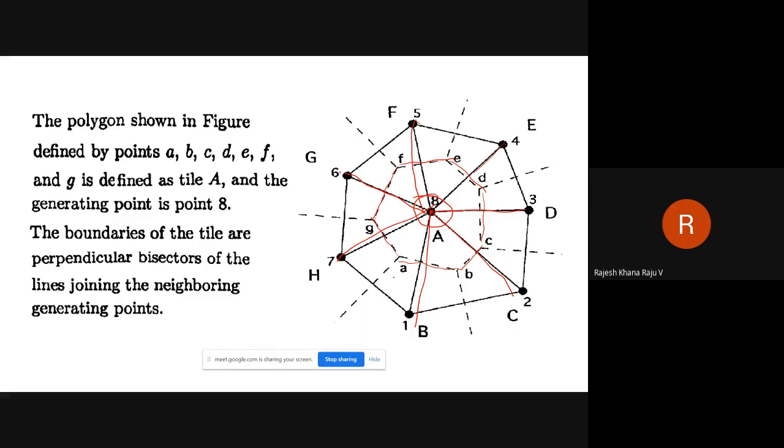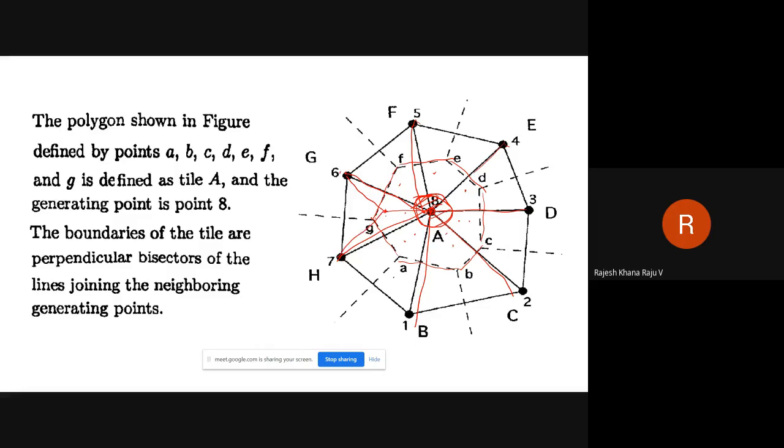And the concept of this creation of a tile is such that, since you are using perpendicular bisectors, if you take any point within this tile, you will find that it is closer to this generating point rather than to any outside generating point. You cannot have a point that falls under this tile, for which 8 is the generating point, whose distance from this generating point is greater than its distance from the neighboring generating points.